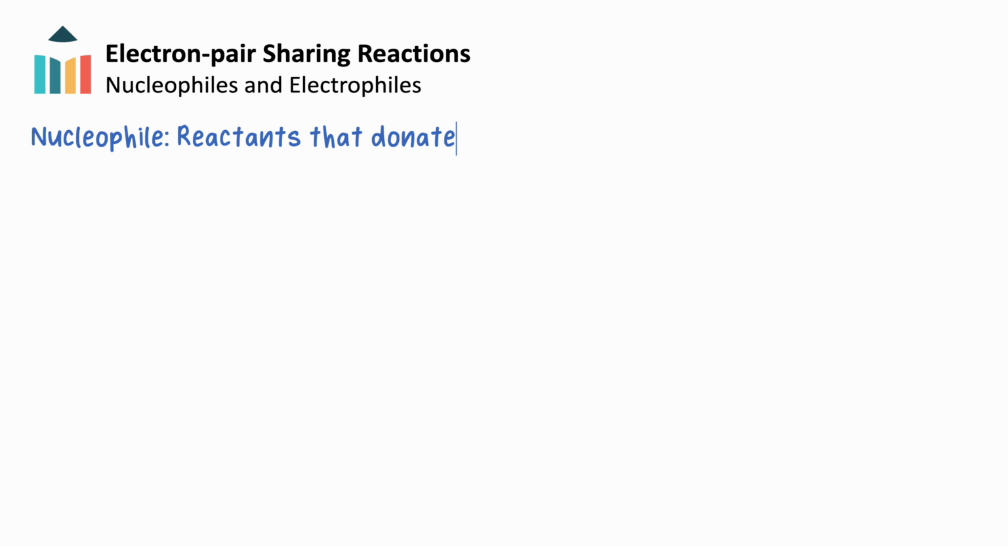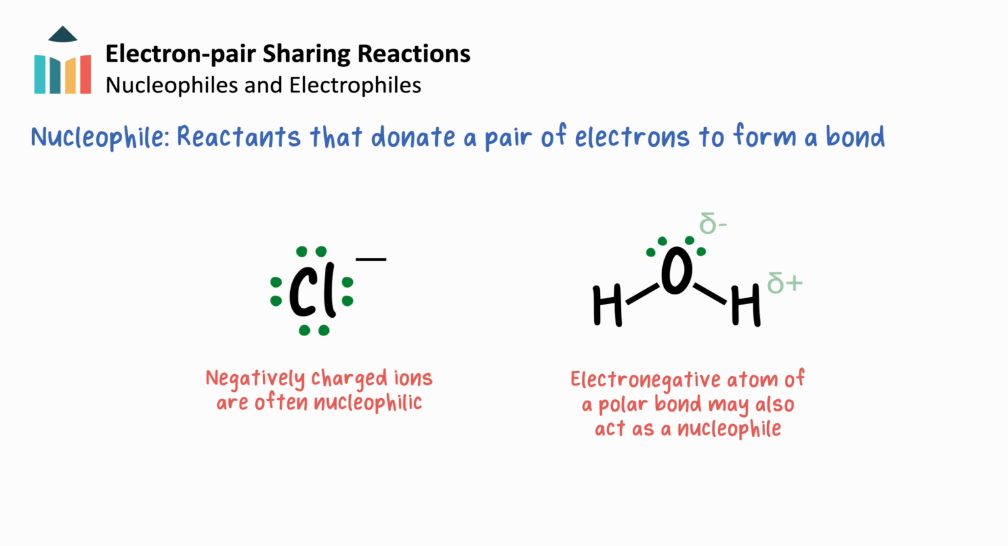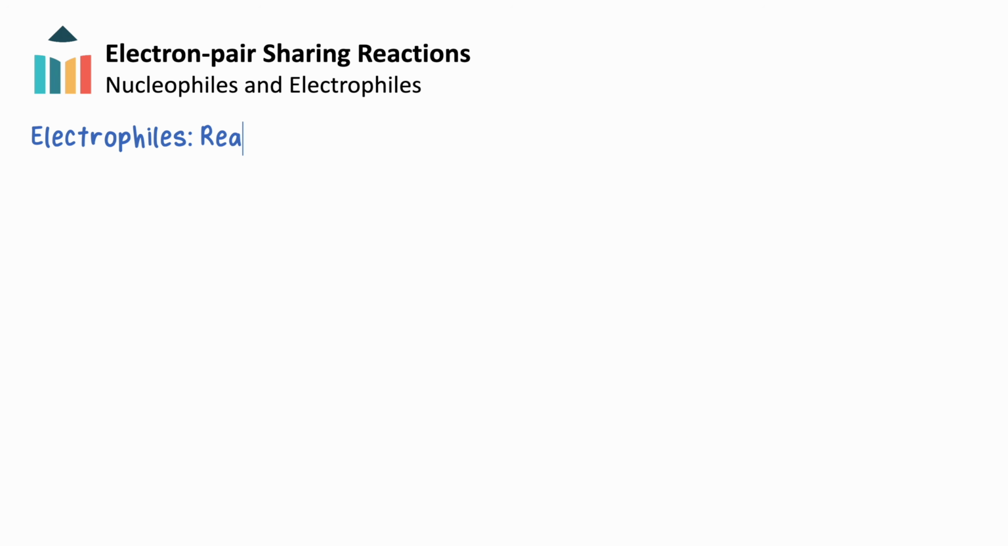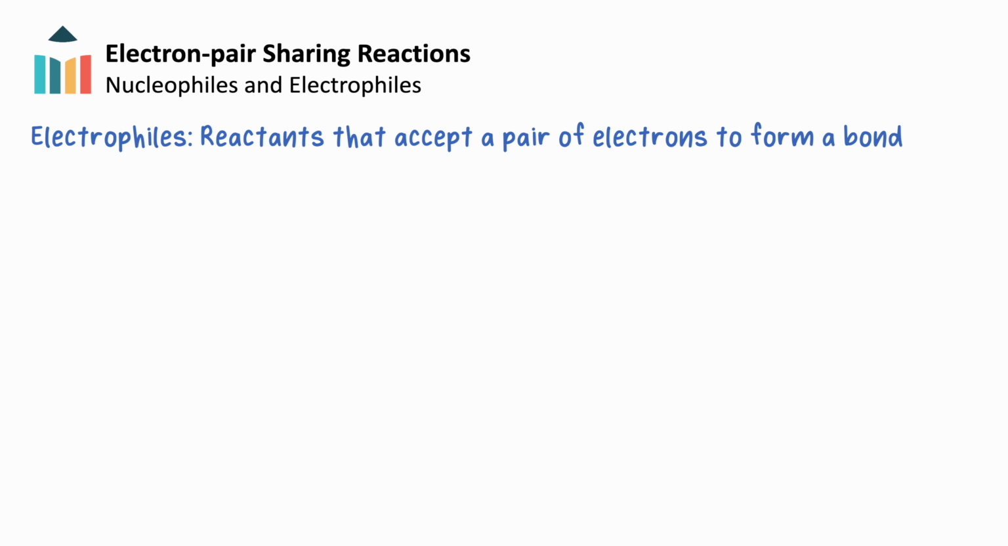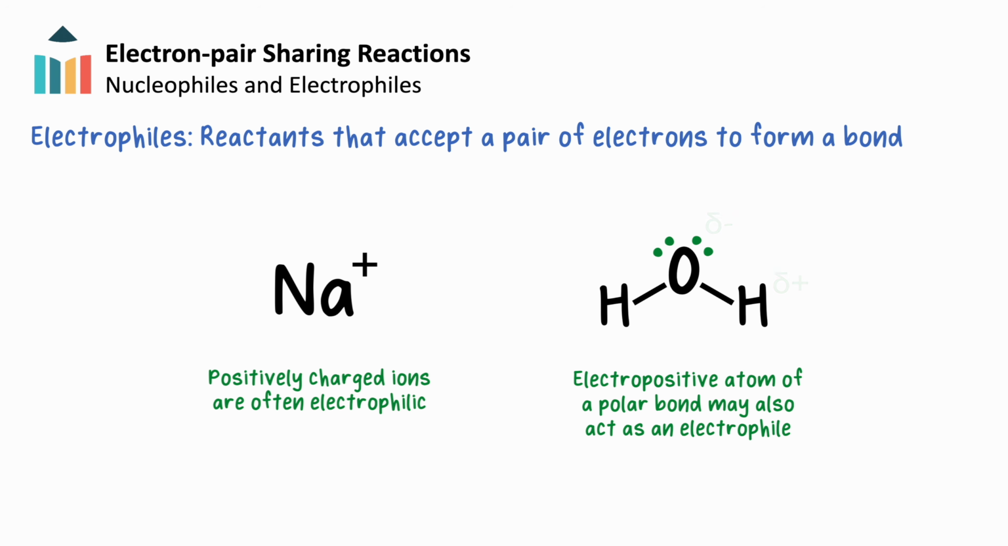Nucleophiles are reactants that donate a pair of electrons to form a bond. We see nucleophiles often as negatively charged ions, called anions, or the electronegative atom of a polar bond, such as the oxygen atom in water. Electrophiles, in contrast, are reactants that accept a pair of electrons to form a bond. We see electrophiles typically as positively charged ions, called cations, or the electropositive atom of a polar bond, such as